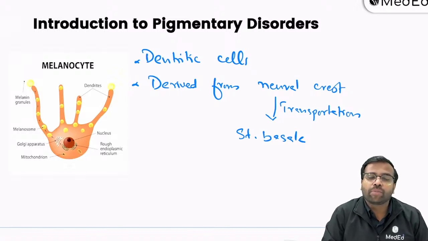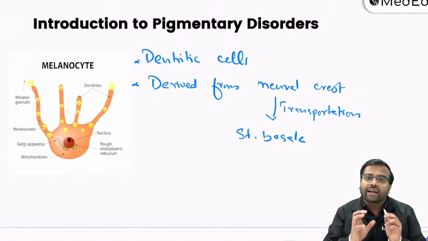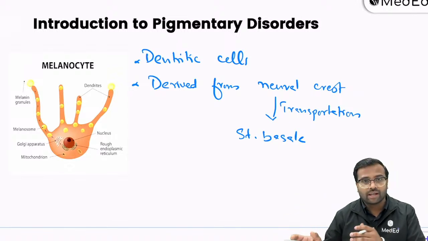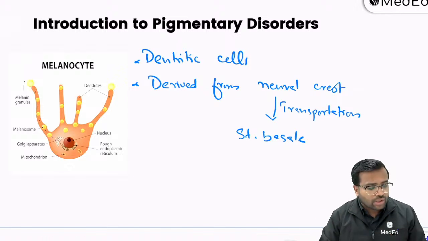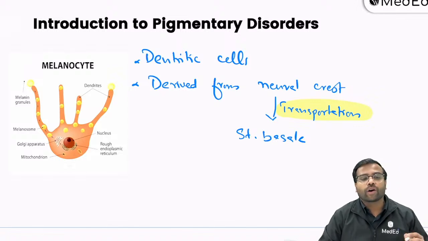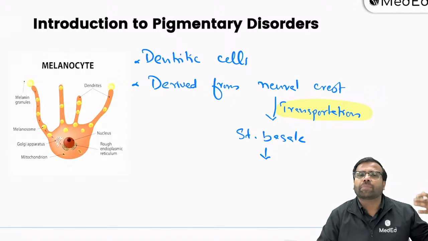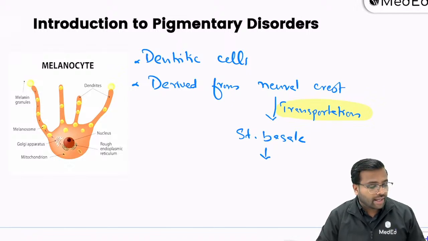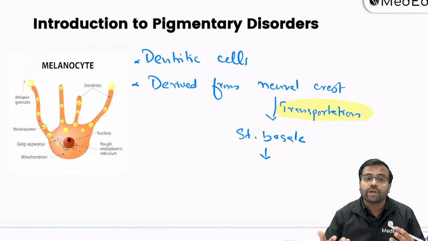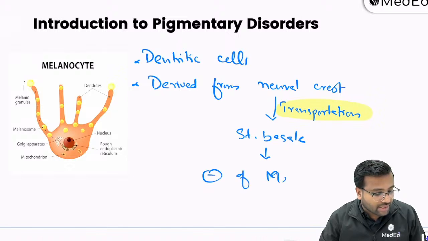What happens in most of the pigmentary disorders is that either there is an arrest of this transportation and the melanocytes end up somewhere else, like getting arrested in the dermis. There can be some places where there is a problem in the transportation, or once it reaches the stratum basale, there can be multiple other defects. For example, there can be a complete destruction of melanocytes, which can happen in some autoimmune diseases. So there would be an absence of melanocytes,